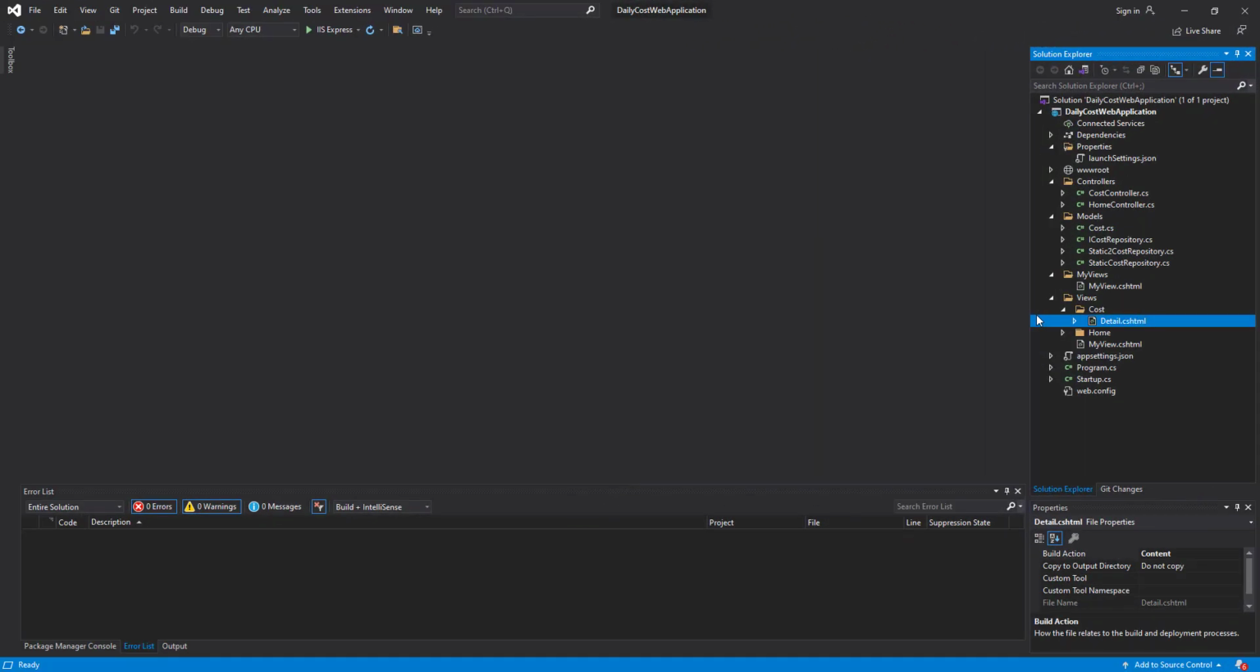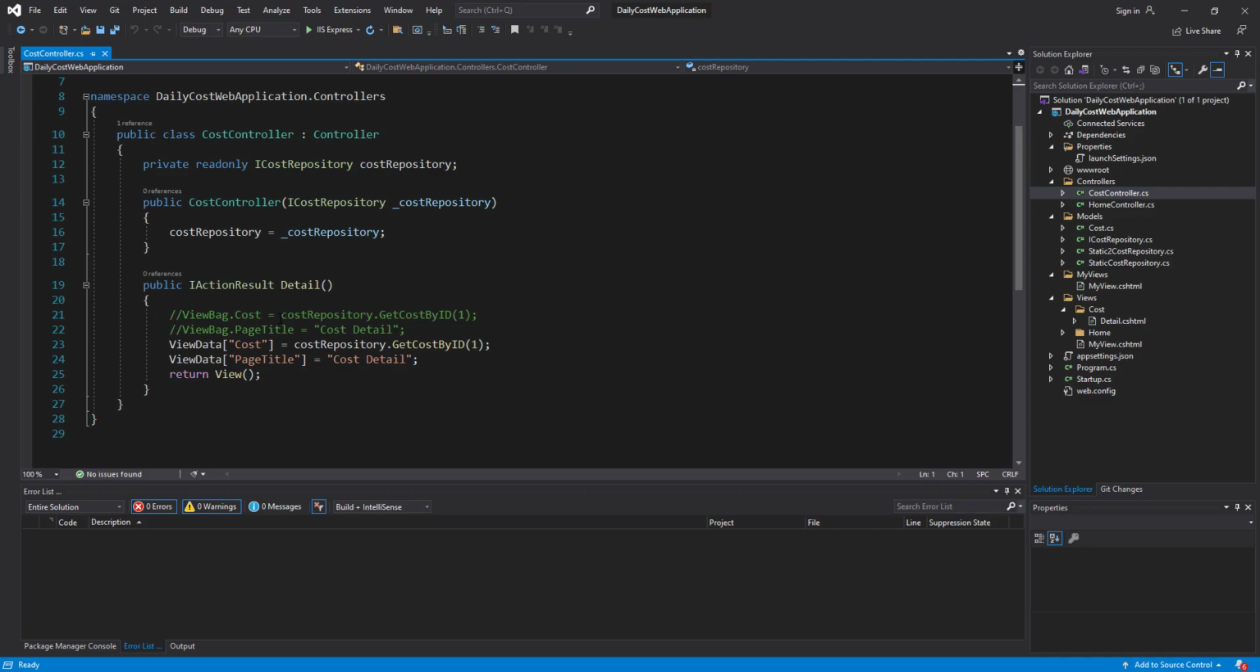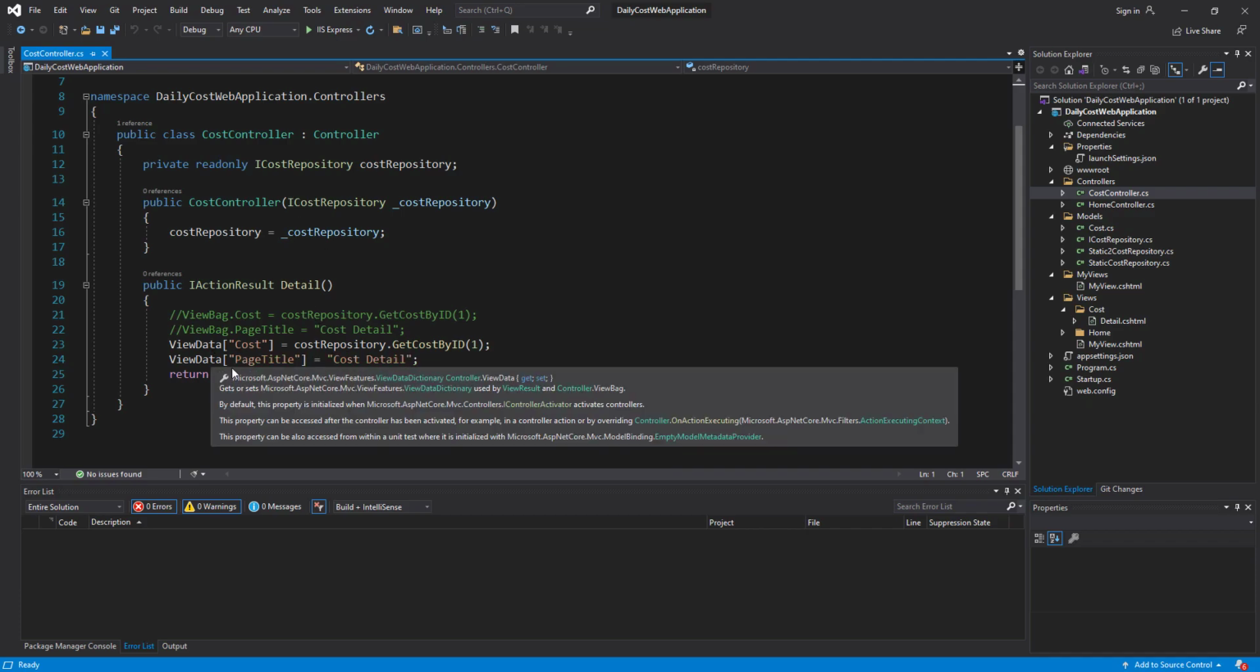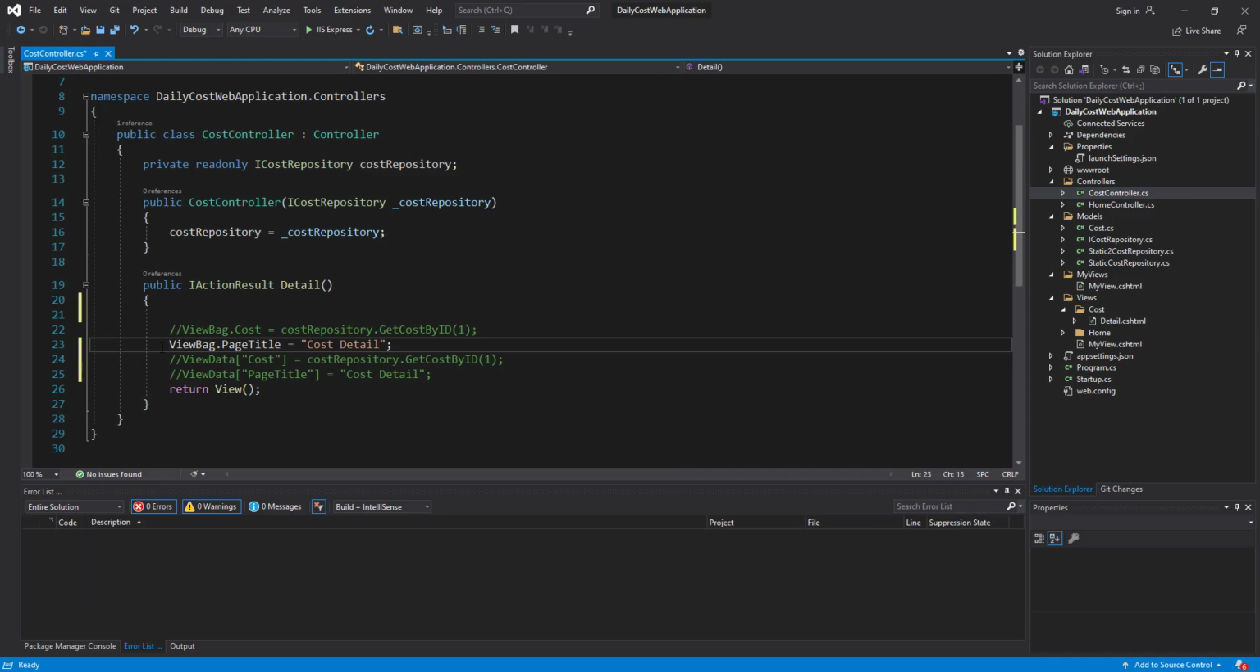This is the project that we have been working on throughout this tutorial. This is the controller that we worked on, the Detail action method in the Cost controller. As you can see, in the previous session, we passed data from this controller to the view with both ViewData and ViewBag. This time I comment out this line which is related to ViewData, and I need the page title to be a ViewBag, but